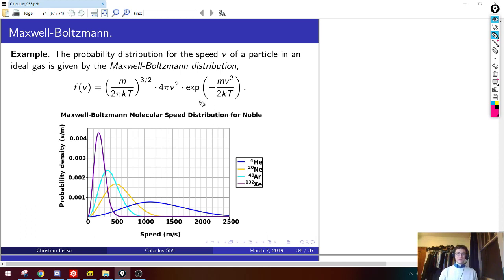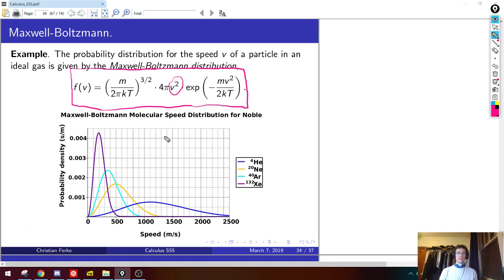Okay. So the answer you get is something called the Maxwell-Boltzmann distribution, which if we have time in this chapter, although there's a lot I want to do, I can actually prove this for you, derive this very quickly using the canonical ensemble, not the microcanonical ensemble. But let's just look at what this is. This is very close to something you've already met. If it were just this e to the minus roughly v squared, it would be a Gaussian. But it's not a Gaussian, because there's a v squared multiplying it. So it shifts it a little bit.